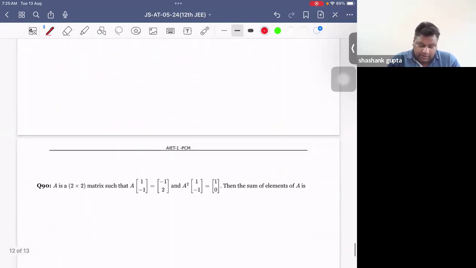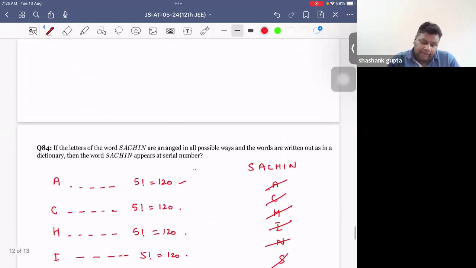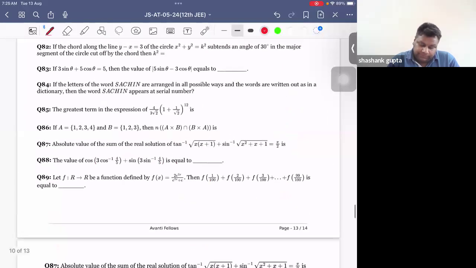All right. Now A is a 2 by 2 matrix such that, see, it is a simple question. You just assume A as the matrix a, b, c, d and verify. You will get 4 equations. You will be able to simplify it. All right. Other questions, if I talk about